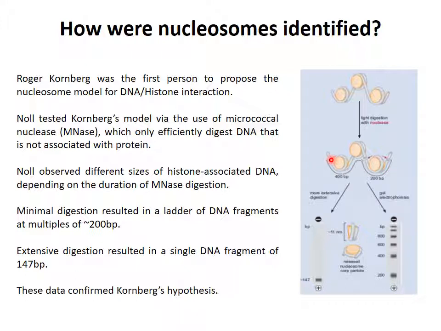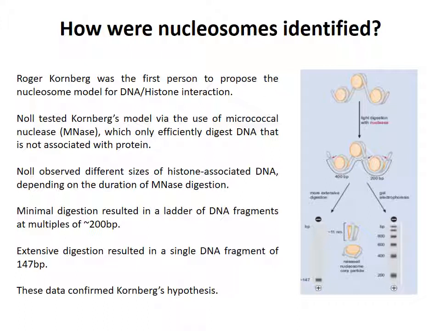So if you do a short experiment where you incubate DNA wrapped around nucleosomes with micrococcal nuclease, that enzyme will cut the DNA in between those nucleosome proteins. And it won't always, with a very short incubation, cut every time between the nucleosomes. It might cut every other time, or in between every 3 or 4 nucleosomes. And that's why you see this banding pattern in terms of DNA fragments. It's why every single fragment isn't 200 base pairs, because the enzyme hasn't cut between every single nucleosome. It's cut every other nucleosome, or every 4 or 5 nucleosomes, but ultimately it generates a ladder of different fragment